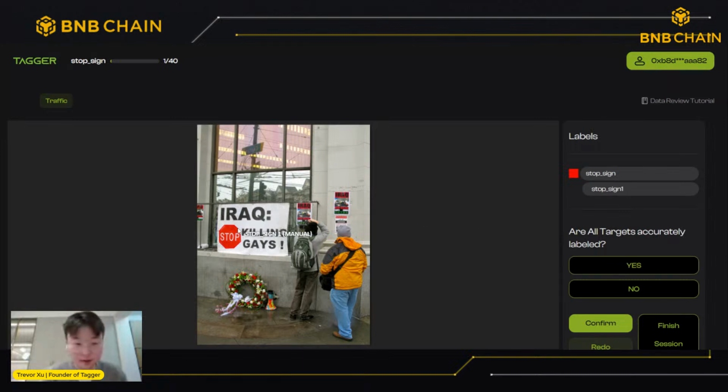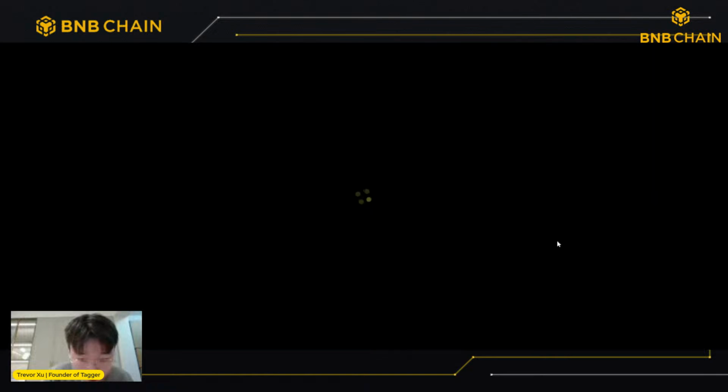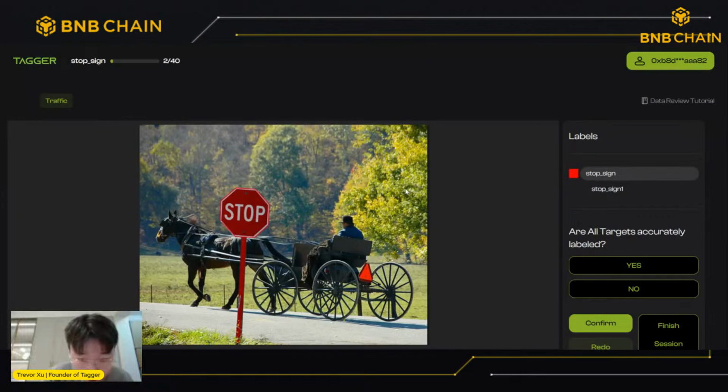Okay, now we see here when we go into a data review task, we see the stop sign being labeled by a red polygon. So that's a yes, because it's very precise. This one's quite precise as well. You can see the red lines around it, labeled by our dev in the dev environment.